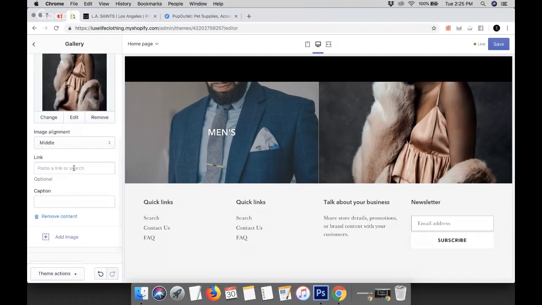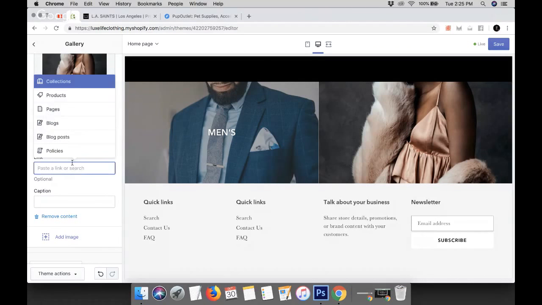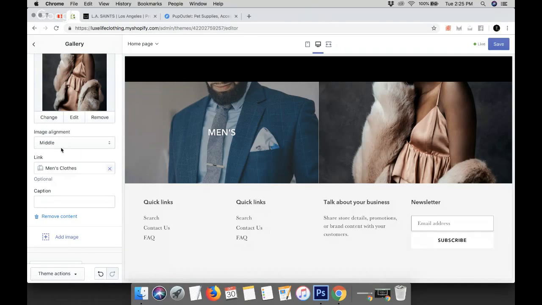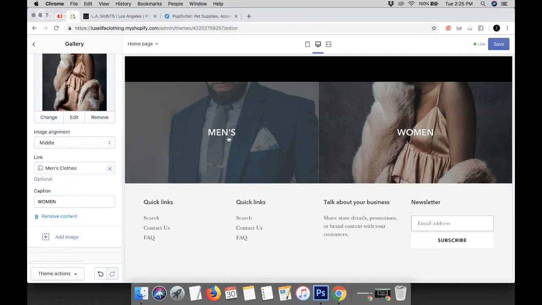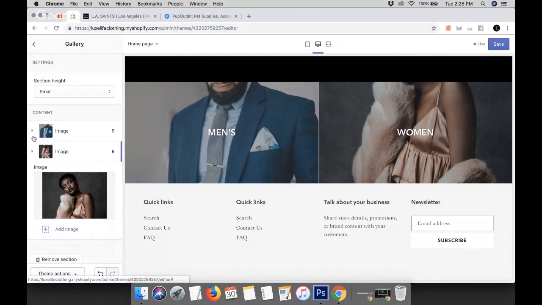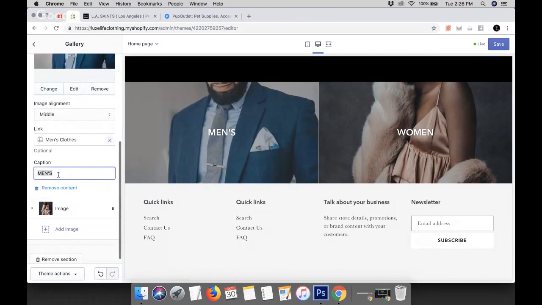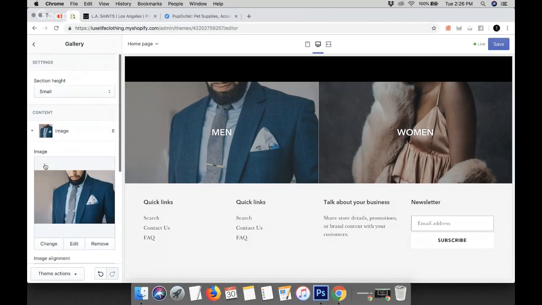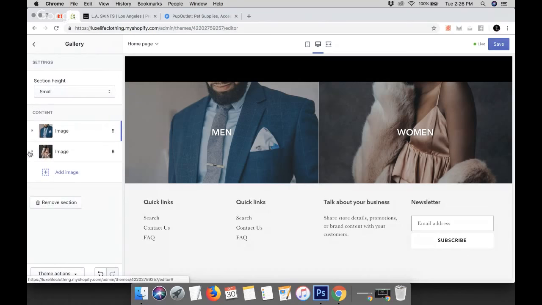The link, of course, once you have your women's section, you're going to go to collections, click on women's clothes, and then you just put women. Actually, change that to just men. Men and women. So to change this, you go back to the image, men. Save it,